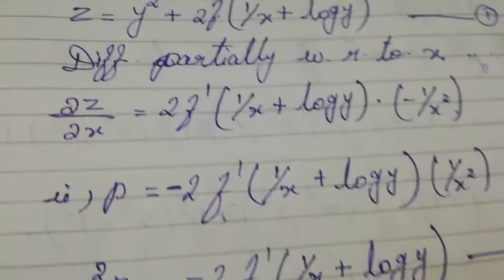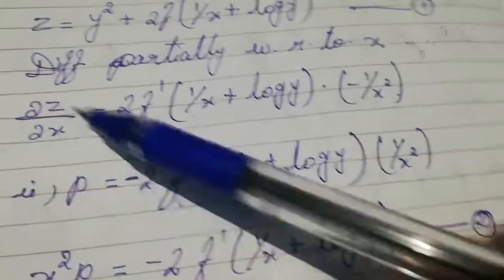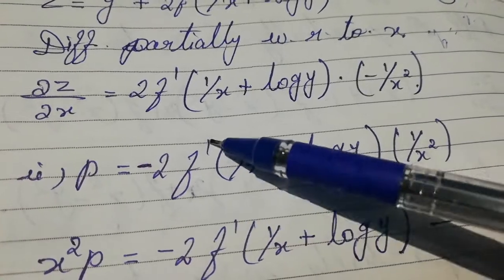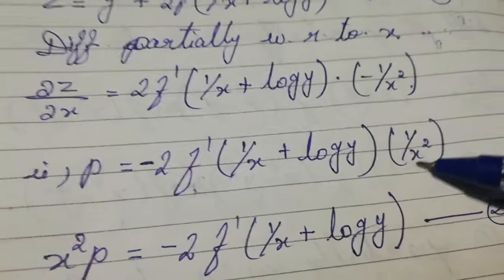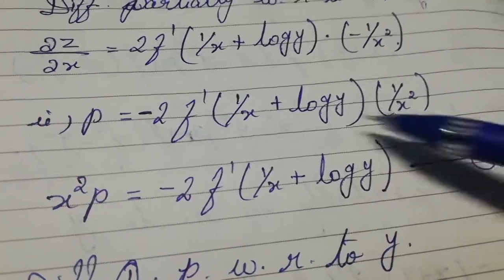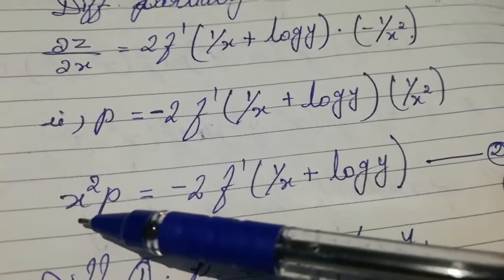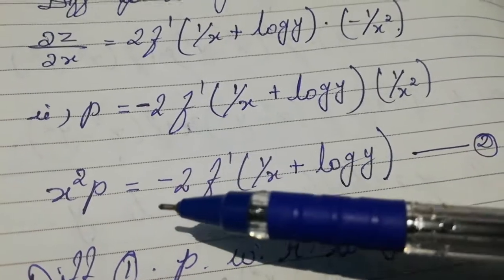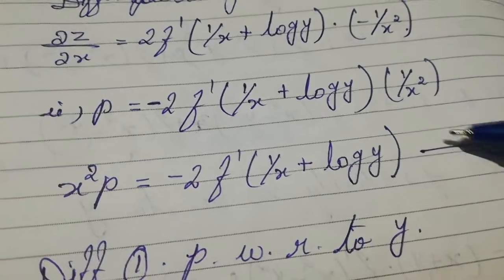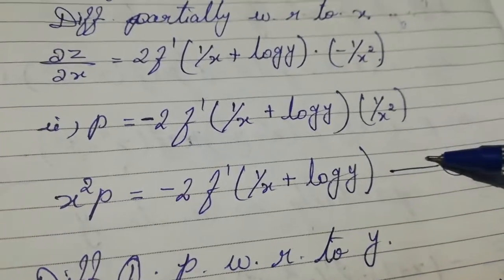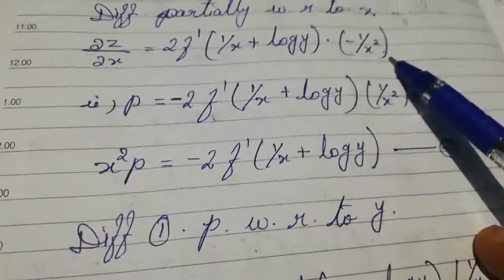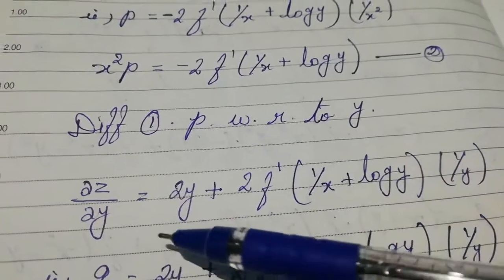Okay, so dou z by dou x, that is p, is equal to minus 2 into f dash of (1 by x plus log y) into 1 by x square. Okay, so this x square, I take this here. So what we get? X square p is equal to minus 2 into f dash of (1 by x plus log y). We take this as equation 2. Okay, then differentiate the first equation partially with respect to y. So what we get? Dou z by dou y is equal to